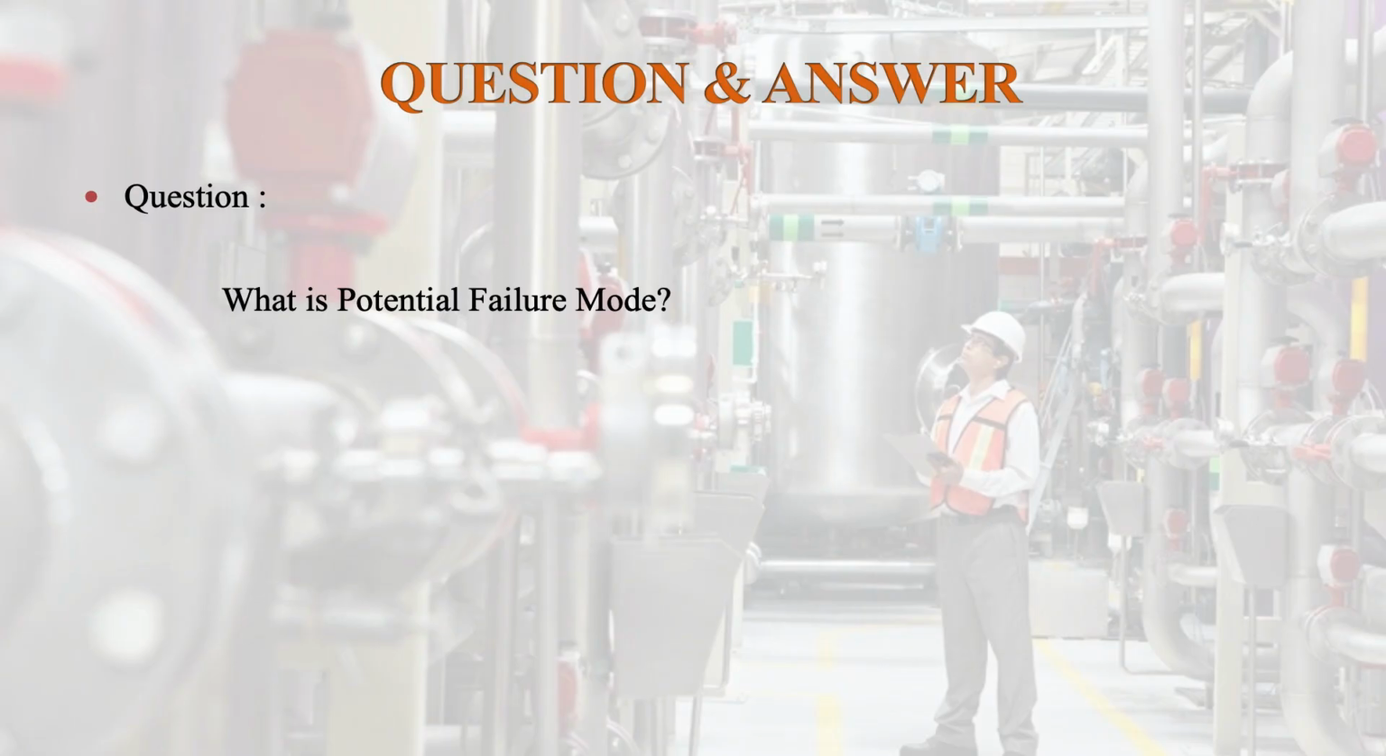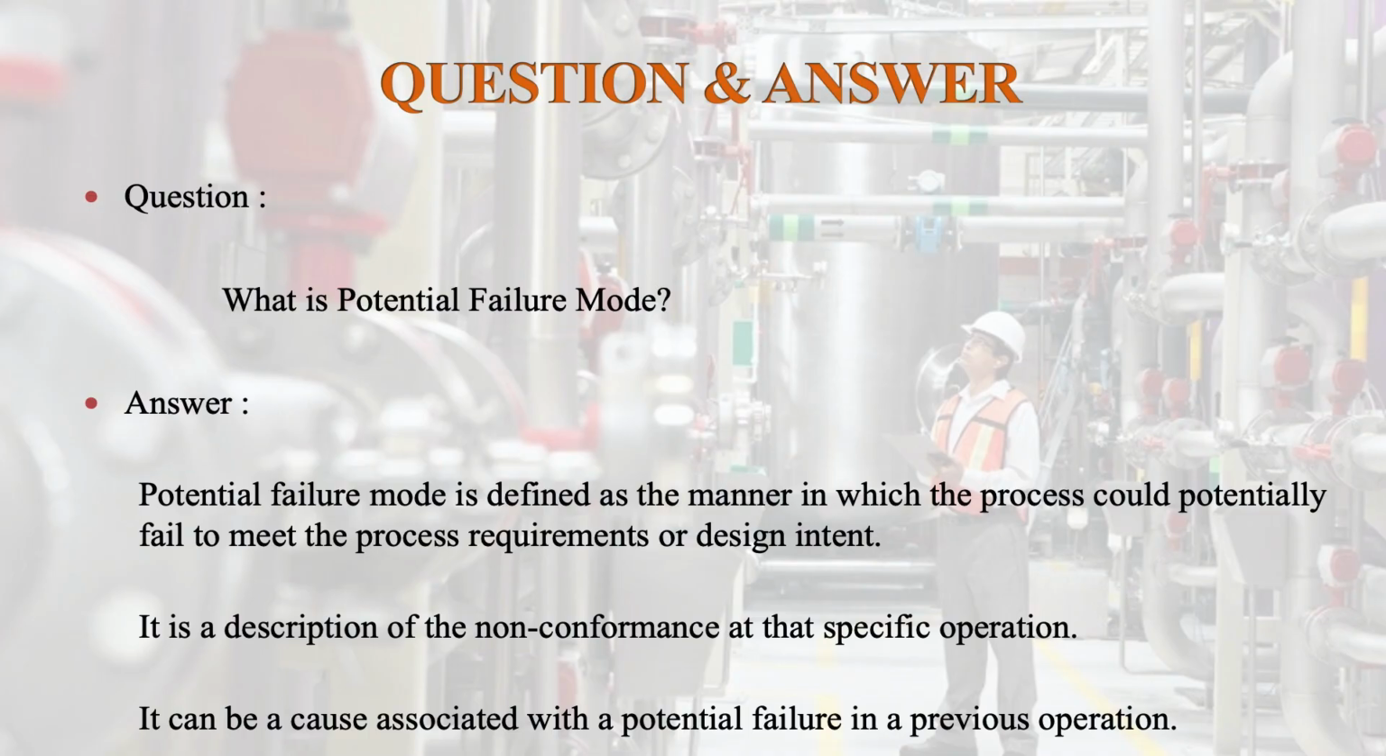So now a question: what is a potential failure mode? Potential failure mode is defined as the manner in which the process could potentially fail to meet the process requirements or design intent. It is a description of non-conformance at that specific operation. It can be a cause associated with a potential failure in a previous operation. So the failure mode